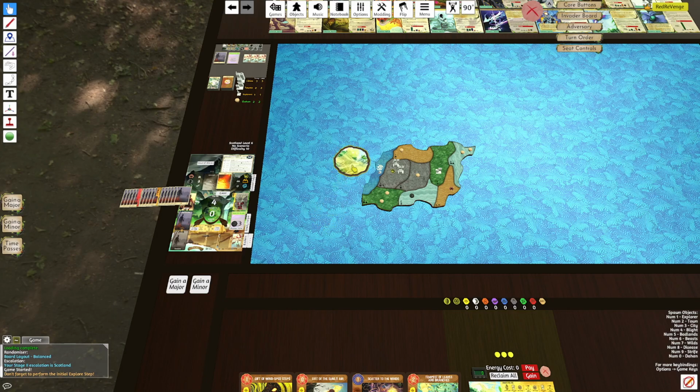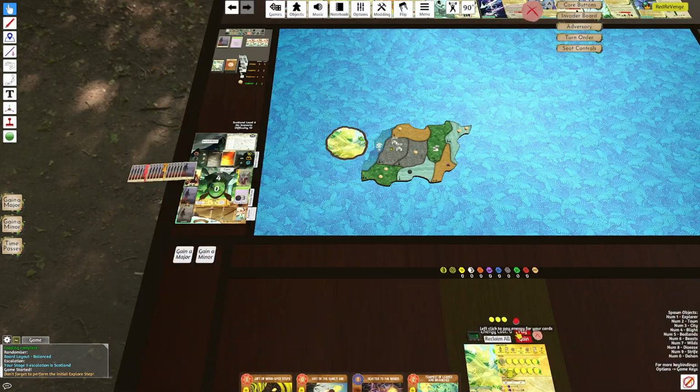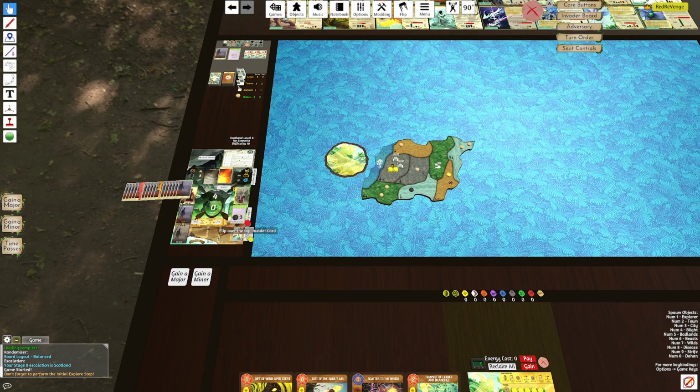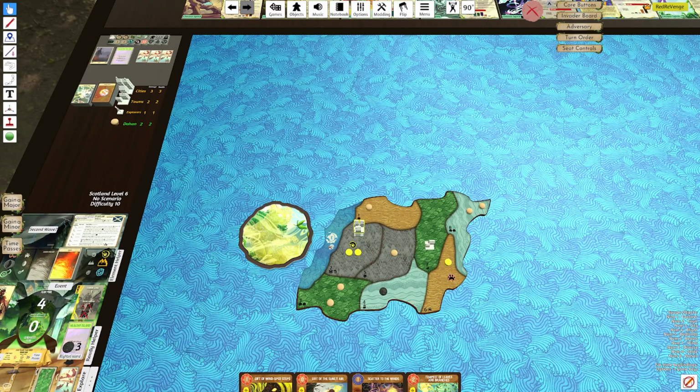I believe it's the lowest number mountain and the highest sands. I always forget. Alright. And the starting explorer is Jungle. That's probably the worst explorer for us, because it means I'm going to have to do...